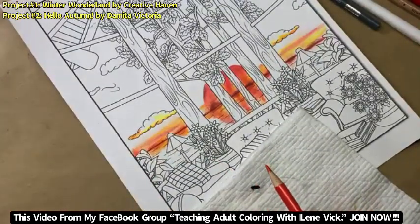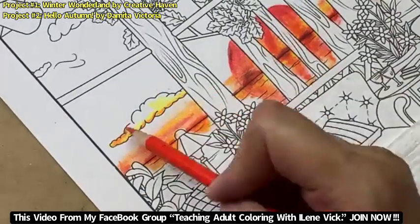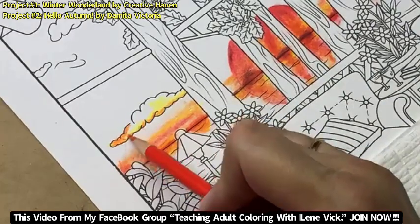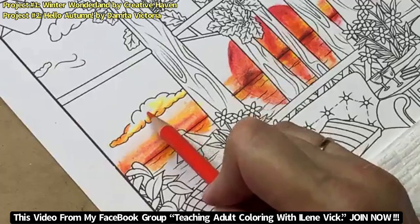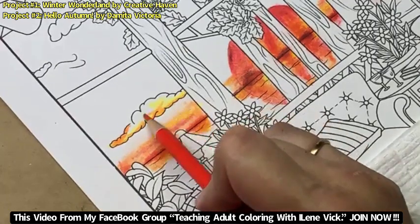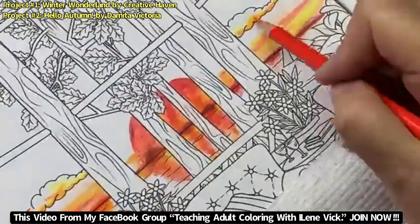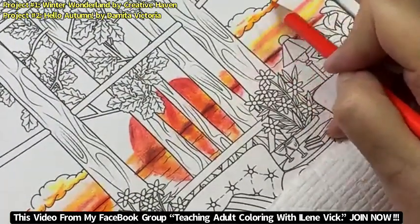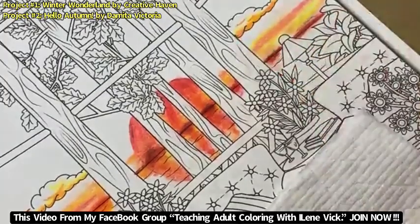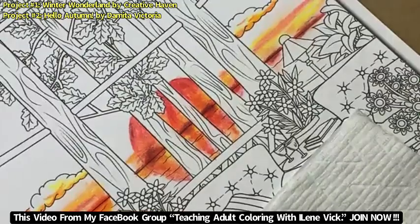Zoom in. See how I'm putting a little smiley right there just to make extra cloud? And then I'm going to put